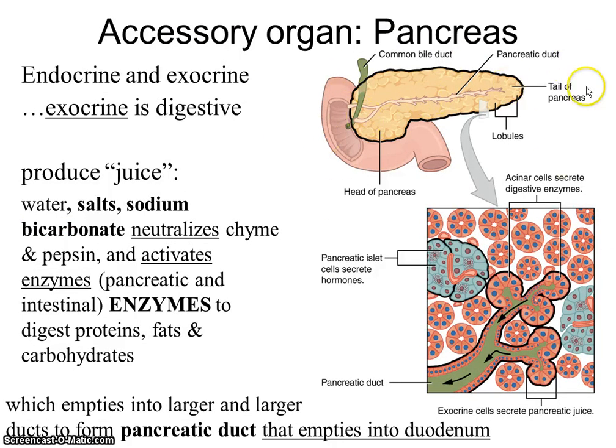All right? So the other accessory organ that's very important for digestion is the pancreas. I mean, really, almost all your major enzymes are coming from this structure. And it's an exocrine gland with a little bit of endocrine, as we talked about in the endocrine chapter, shown here is the pancreatic islet. So it produces a pancreatic juice, which is water-based, with lots of salts. Sodium bicarbonate, huge, right,